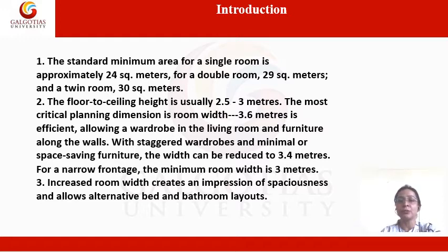This is the introduction to your room. Here in this slide we will be understanding what the room size should be in a five-star hotel. What is the height of the ceiling? What is the height of the floor? From the floor to the ceiling, from the ceiling to the floor. We must understand the basic and standard information in a five-star hotel.